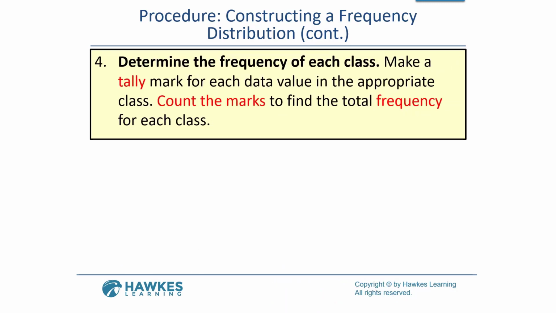Next, what's the frequency of each class? In other words, go back and look at all your data. Maybe you've got 60 pieces of data. And what you're going to do is look at each piece of data and see where it fits. So, for example, if the first column looks like this, these are the x's or the data values, and maybe the first class is 40 to 49, and that's your first row, and here's your data,